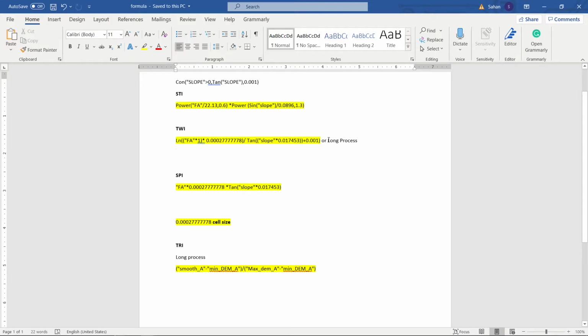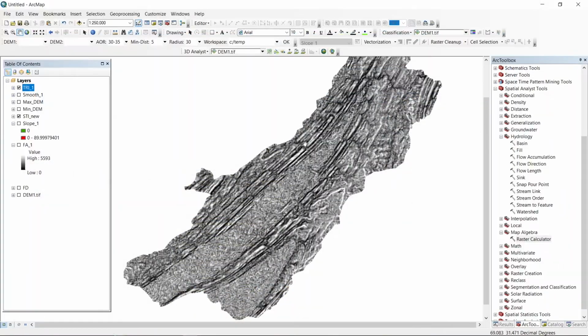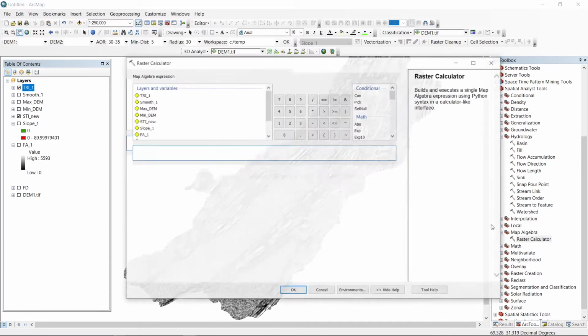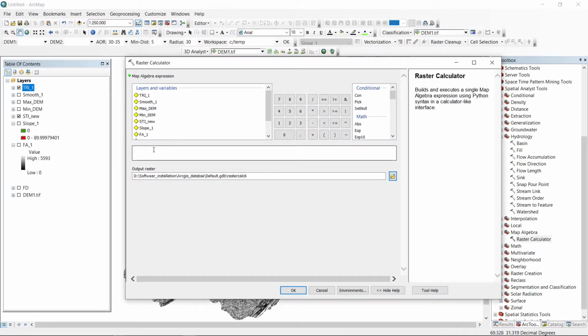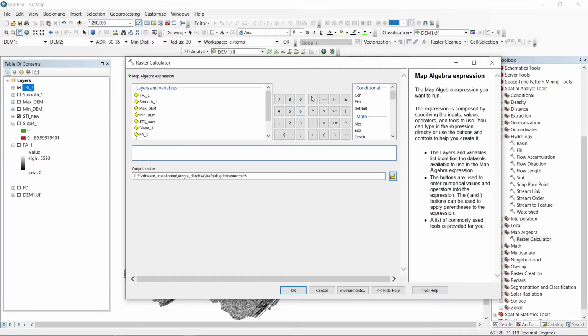First I will go with the long process. First we have to create flow direction, which we have already created, and flow accumulation and slope. So we have created these three files. Now, as the first intermediate layer we have to create